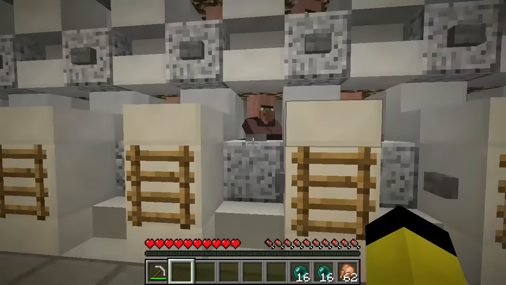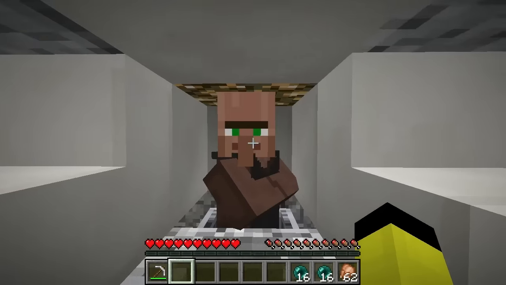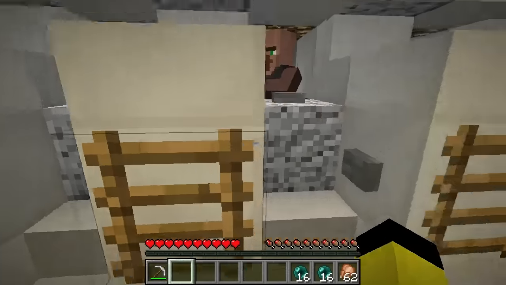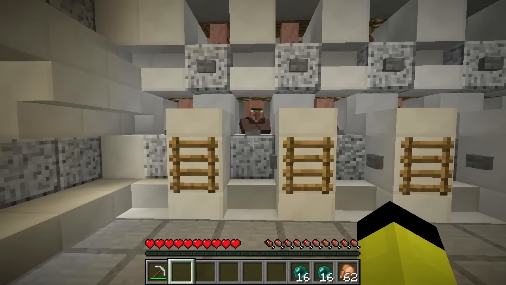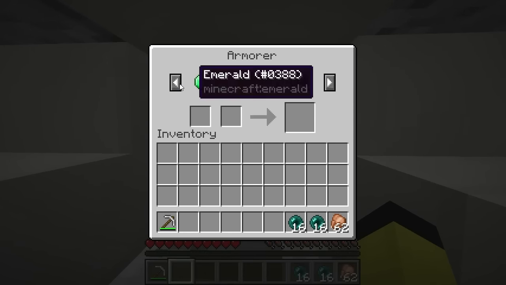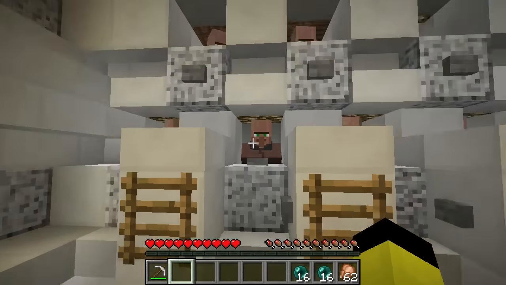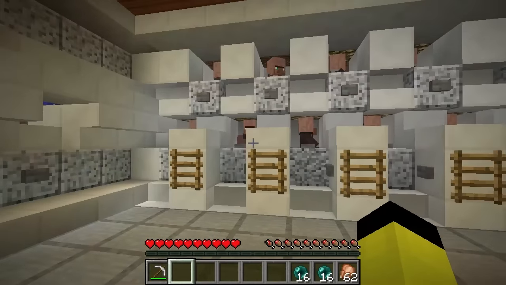So we do that for the librarians, we do that for the weaponsmith, the toolsmith, and the armorer. Now, arguably, the toolsmith, the weaponsmith, and the armorer, you could probably just use the same ones every time, but I like to think that maybe there's some different little enchantments I can get on these guys. So this one has Unbreaking 3 chestplate. Maybe I want one with Protection 3 or something,